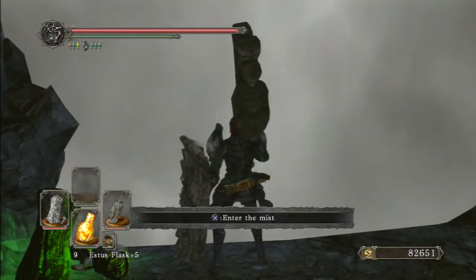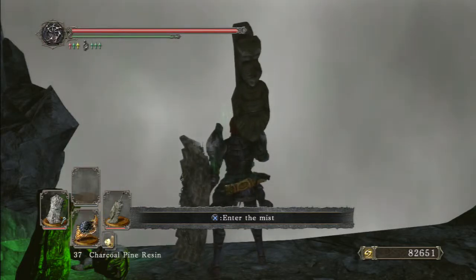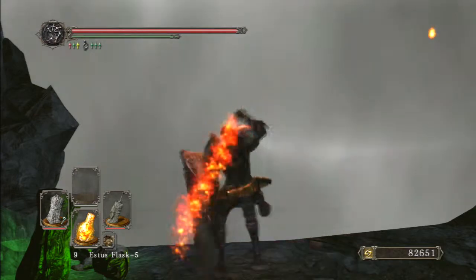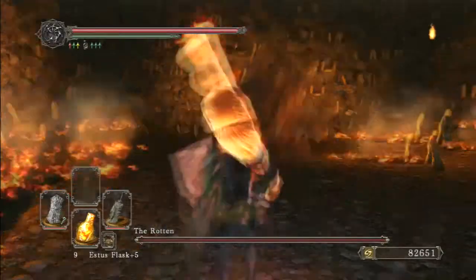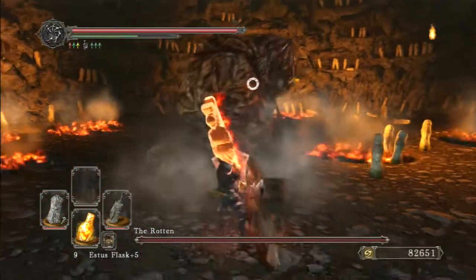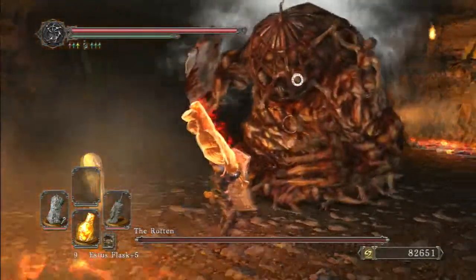Now, for the boss, there is a big difference. I think he hits a lot harder. But the bigger difference is, holy hell, he has a lot of health. I mean a lot of health. The Rotten has so much health in New Game Plus that this will be like an 8-minute fight, even with the King's Ultra Greatsword with fire on it. And it's not like I'm especially terrible. I'm not the best in the world of Dark Souls, I know that, but...